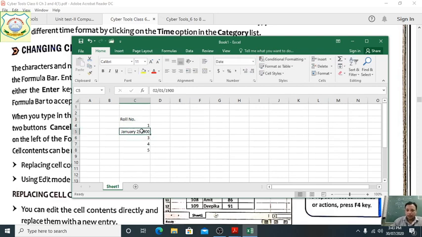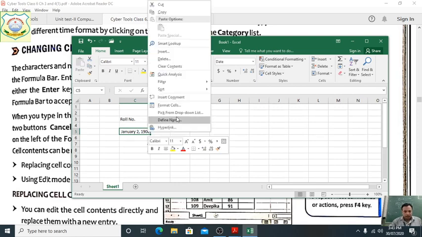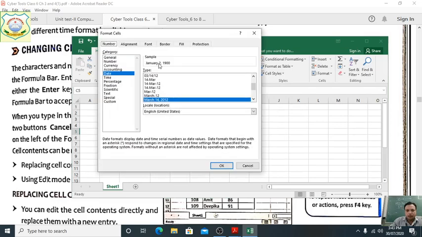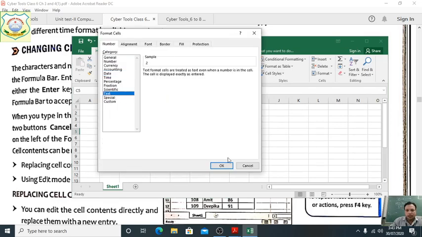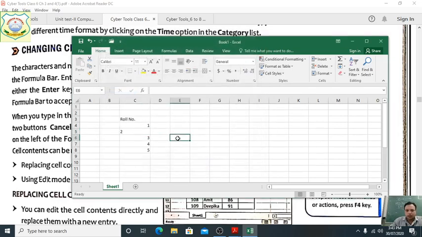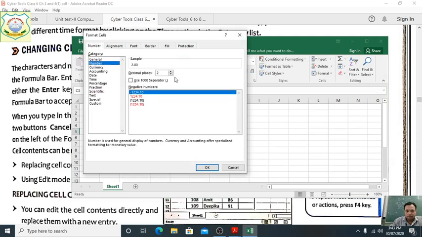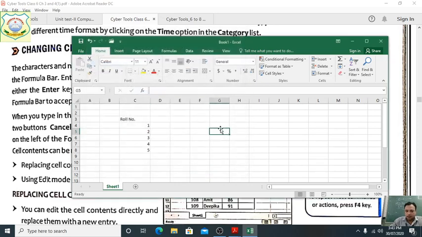Okay. Why is a date mentioned? Because we had selected this one as a date. So we can change it here from Format Cells. And as text we can write, and okay. Now we can see here. But if you want to take the number, go to Number, see here. Okay. This is the center.